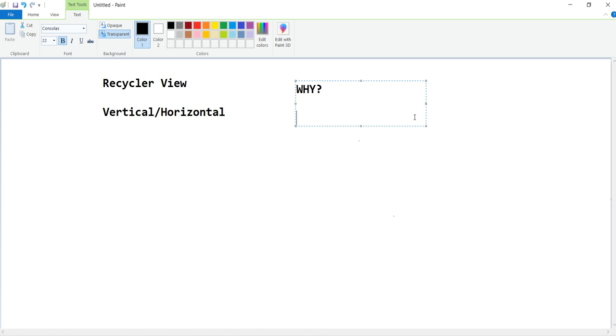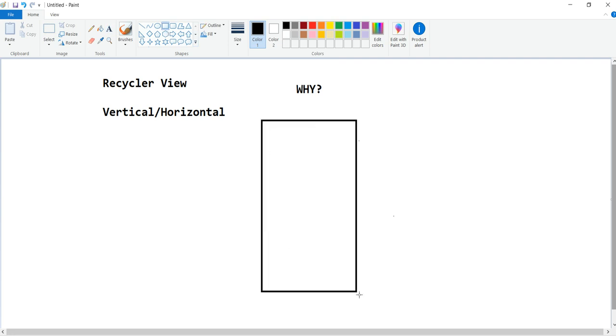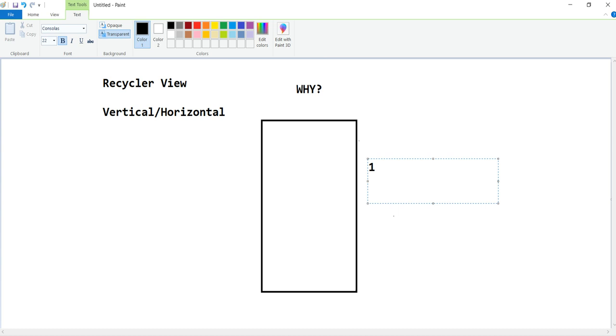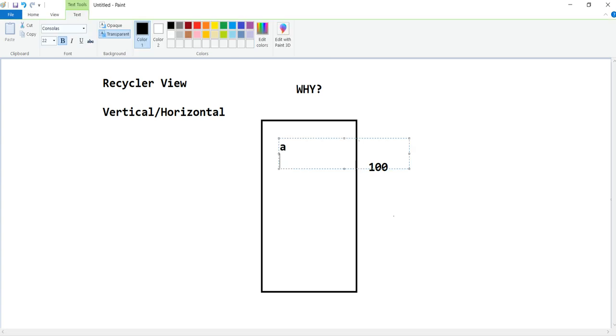But why are we using this? Suppose in my XML I have a total of 100 items in an array. 100 items cannot be displayed at a time on a UI, so here A, B, C, D, up to 10 are displayed.